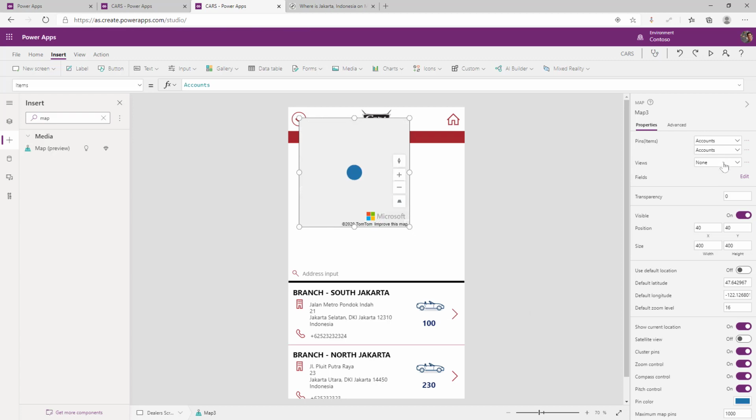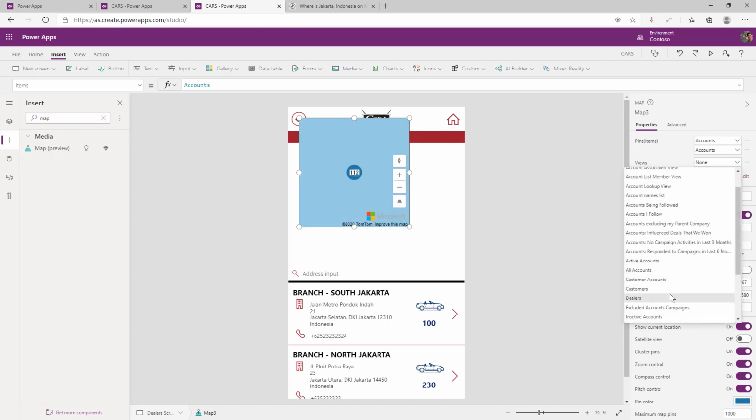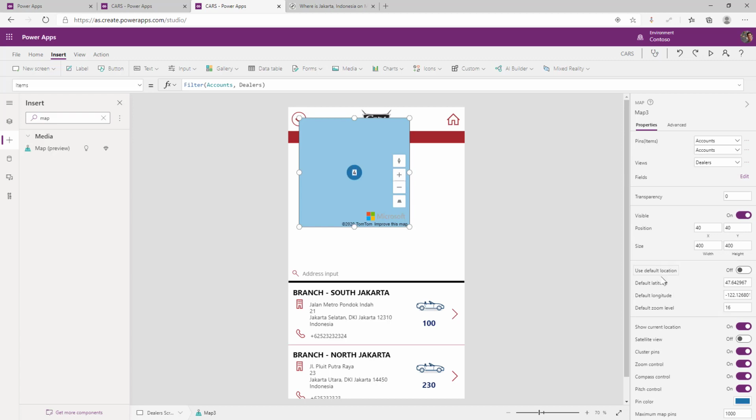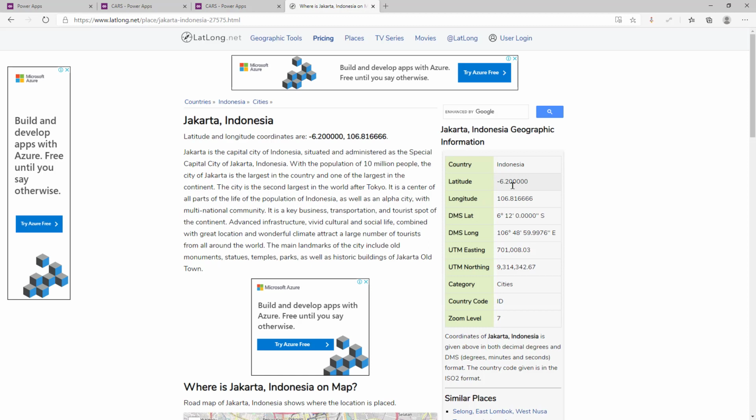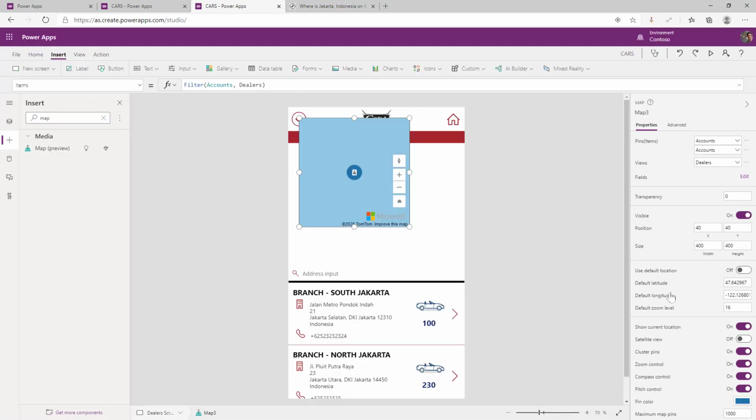After you link with the account, you want to filter the account to the dealers or some branch. After that, you want to set the default latitude and longitude of your location. Because I am in Jakarta, Indonesia, I set the longitude and latitude to Jakarta.